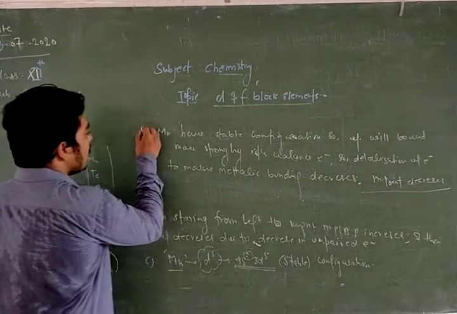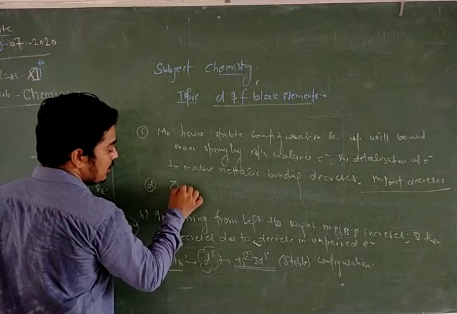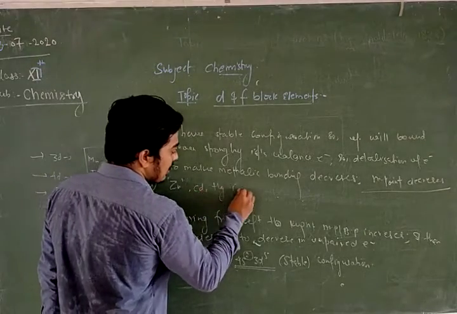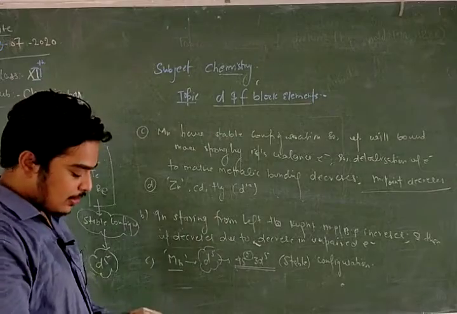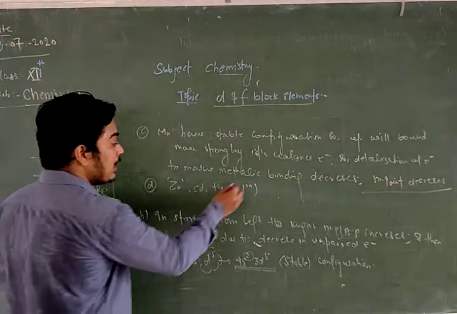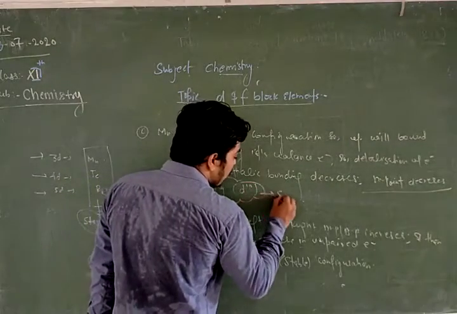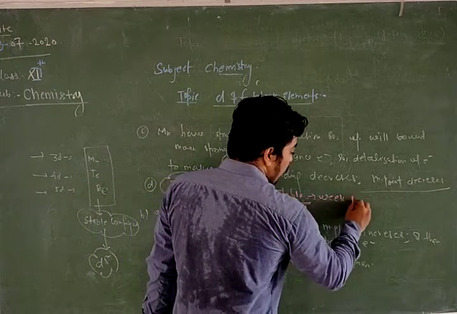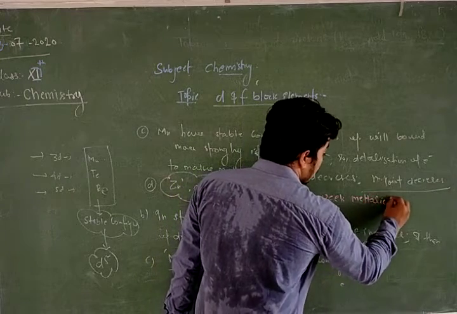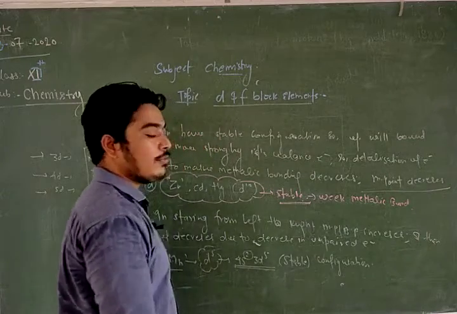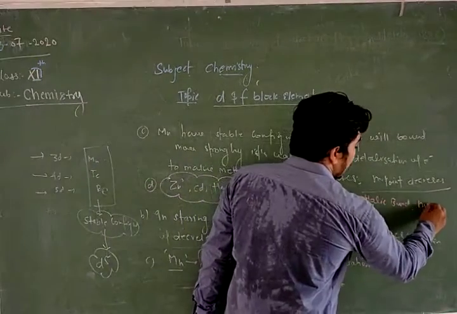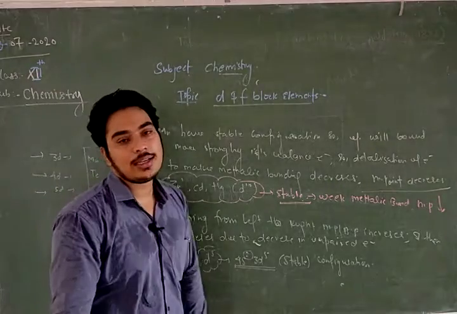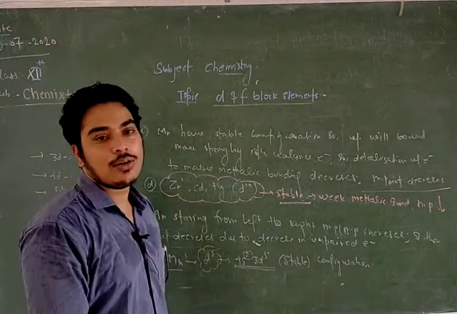And suppose I am talking about zinc, d10 system. Zinc, cadmium, mercury, these are d10 systems. Being a d10 system, they will not be able to show very strong metallic bonding, because it is a stable configuration. And if it has stable configuration, so weak metallic bonding. There is weak metallic bonding within the metals, so melting point decreases very fast. Melting point decreases means the lowest melting point will be of which elements? Zinc, cadmium and mercury.